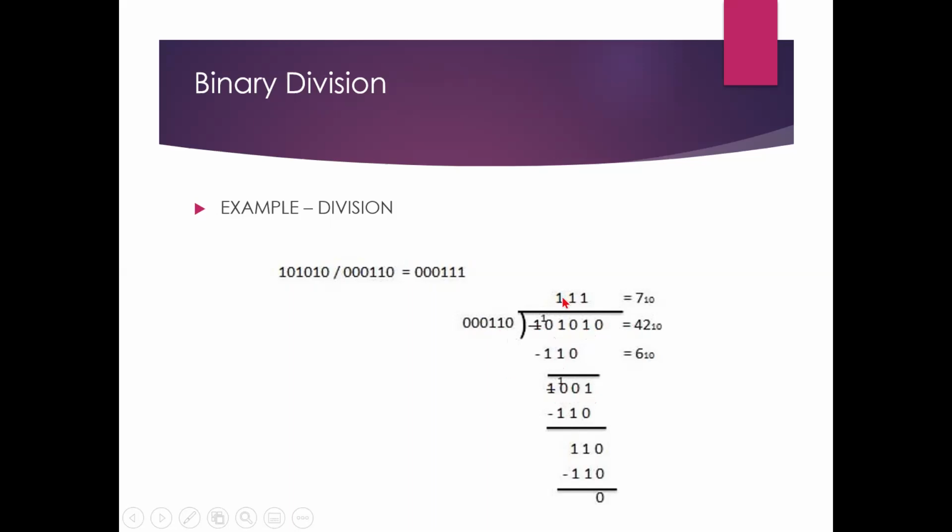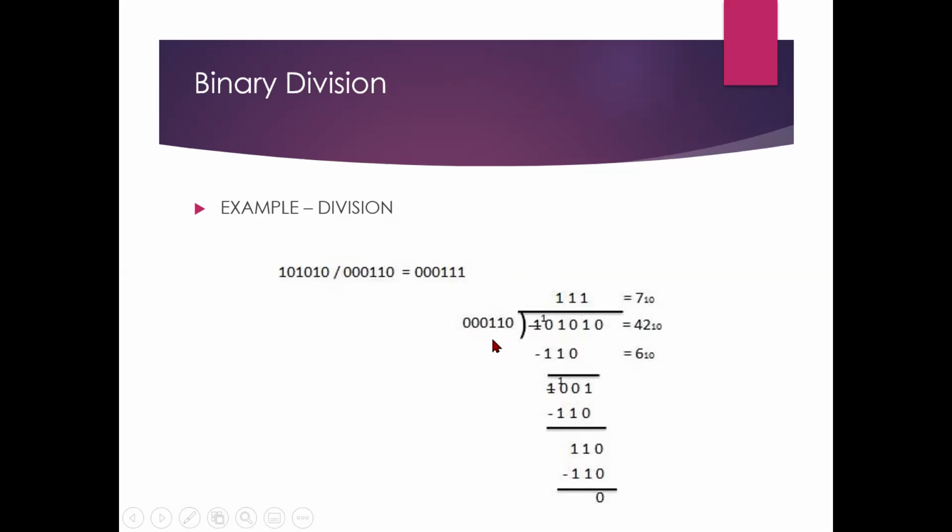Again, 1, 1, 10 ones are 1, 1, 10. 1 minus 0, 1. Here 0. You borrow 10 minus 1, 1. Right? So this 1 has been borrowed. So here it is 0. 1 minus 1 is 0. Again, 110 is there. This 110. 110 ones are 110. It becomes 0. So the value is 111.